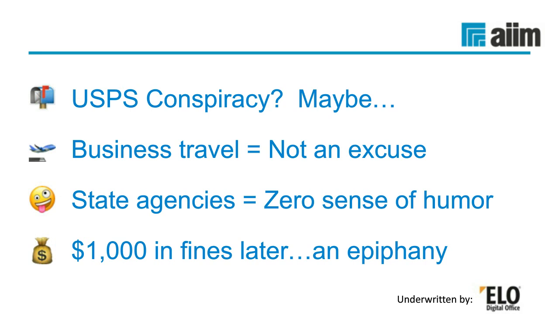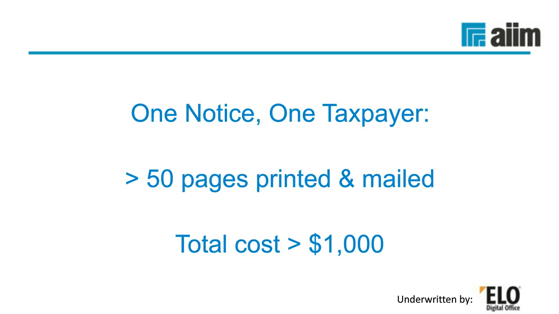All right, so if we're looking at one notice that goes out to one taxpayer that generated over 50 pages of items being printed and mailed at a total cost of significantly greater than $1,000, and the state's only recouping $1,000 in fine, there's a mismatch, there's an imbalance there. In the private sector, we'd call that a problem. In the public sector accounting, maybe it's not so much of a big deal, but nonetheless, it's an issue that